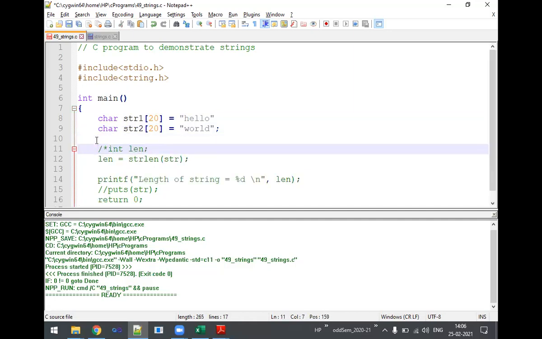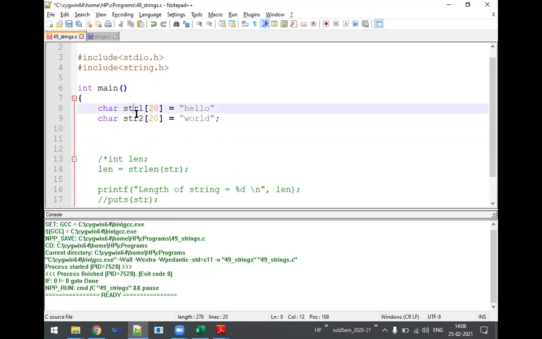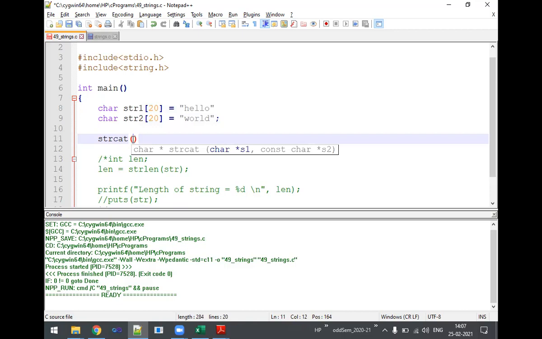Let me comment these lines, as they are not required. There are two strings now. These two strings I want to concatenate. Concatenate means merge both the strings or add both the strings' values. Then the corresponding function is strcat, string concatenate.